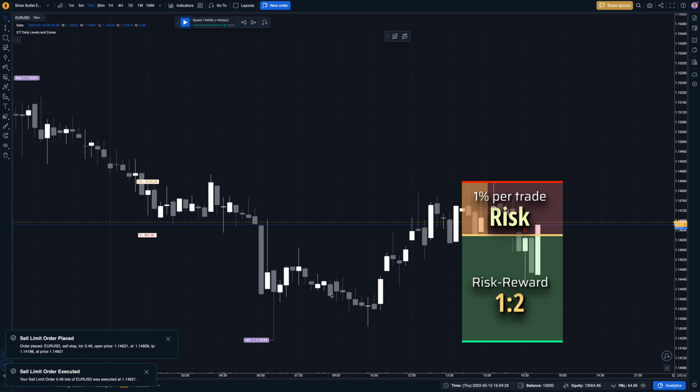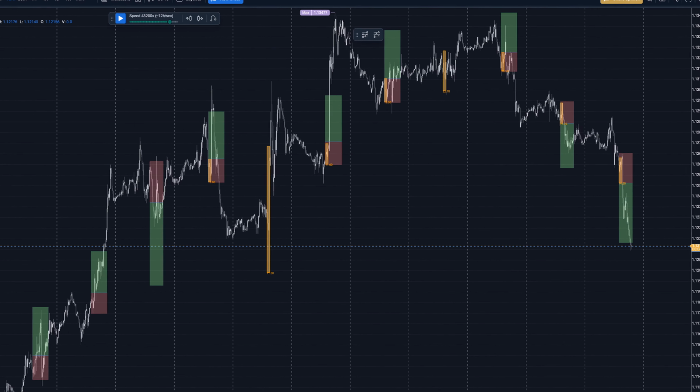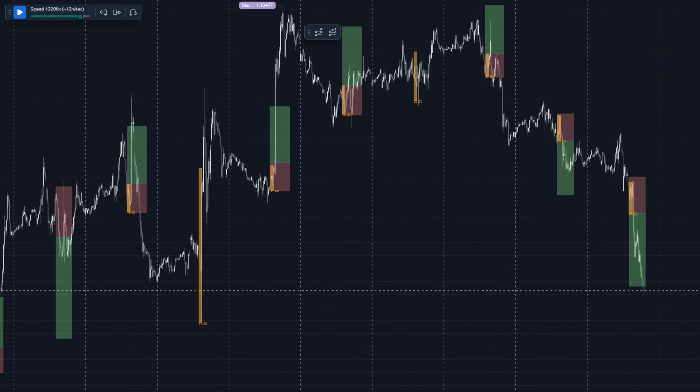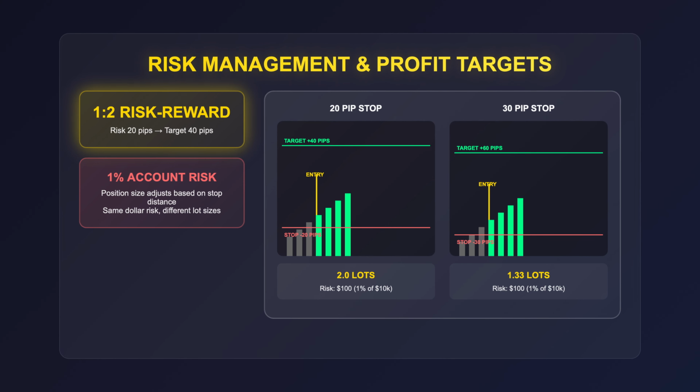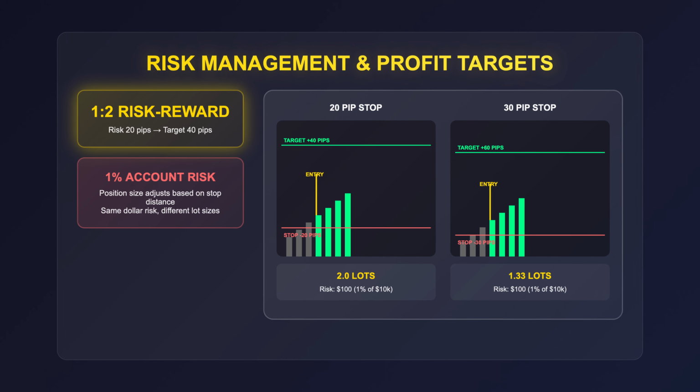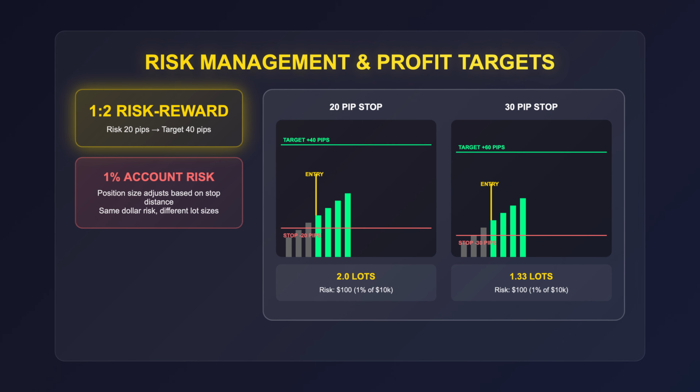Profit targets use a 1-to-2 risk-reward ratio. If we're risking 20 pips, we target 40 pips. Risk management stays consistent at 1% of the account per trade. Position sizing adjusts based on stop distance to maintain this 1% risk level, but the actual risk amount remains constant